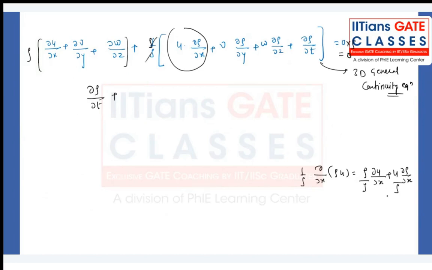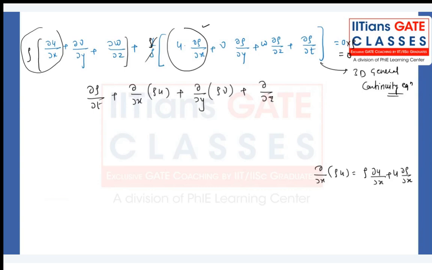So here we can write dou by dou x of rho u, that is rho into dou u by dou x plus u into dou rho by dou x. This term and this term, we can write dou by dou x of rho u. Similarly, dou by dou y of rho v, dou by dou z of rho omega, that is equal to 0,